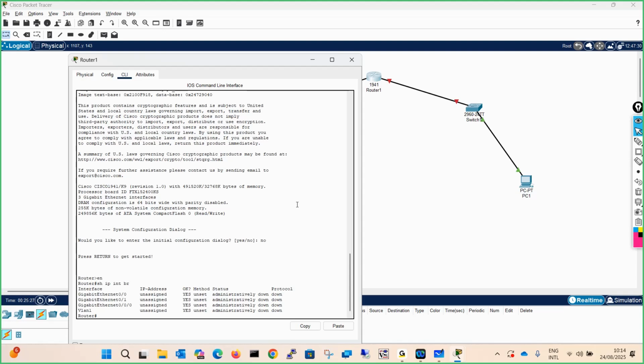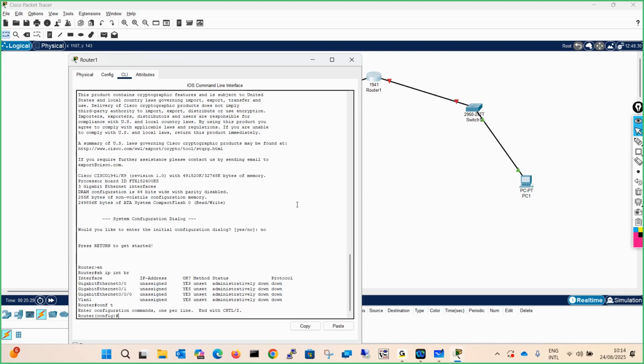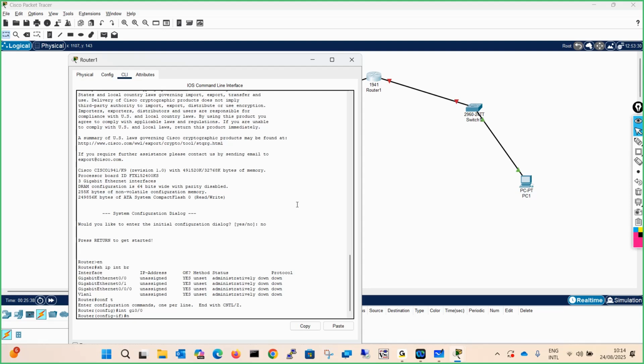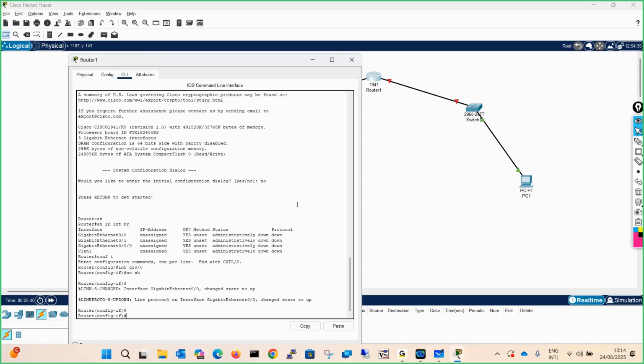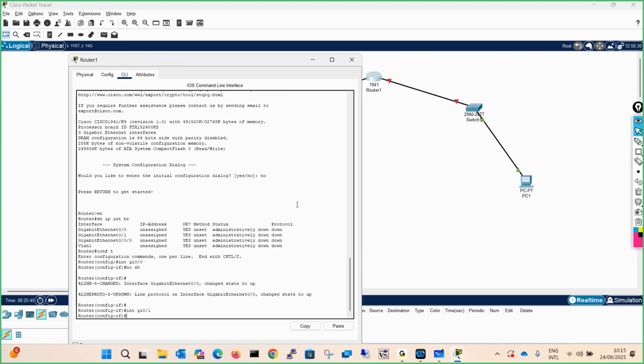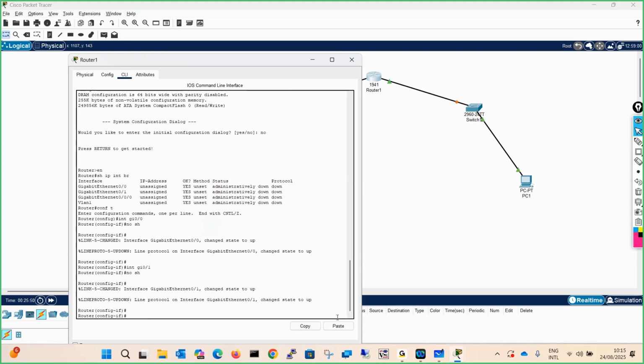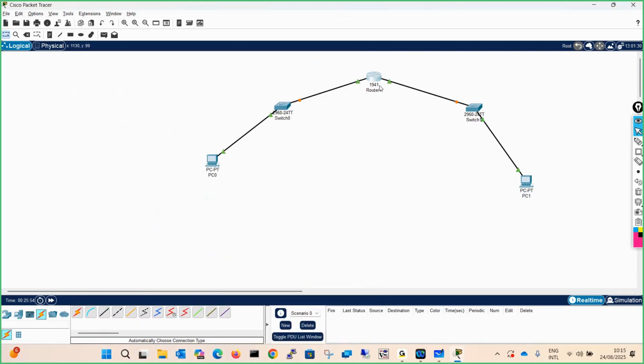Now if you bring the ports up, let's say for example, you go to configure terminal, go to the interface configuration mode for interface GI0/0 and give the command no shut. Similarly, go to interface GI0/1 and give the command no shut. I think these are the only two ports which are connected to the switches. Yes, now see, the port has come up, and in some time on the switch side also the ports will come up.